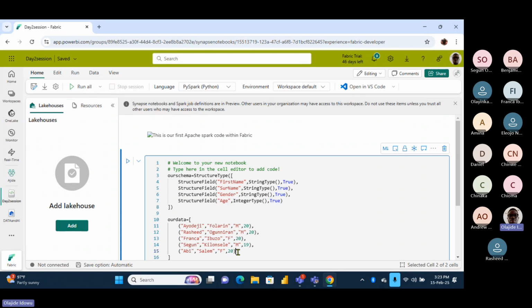Oh, I don't know why he has not joined. So I'm just trying to populate. Let me minimize things.